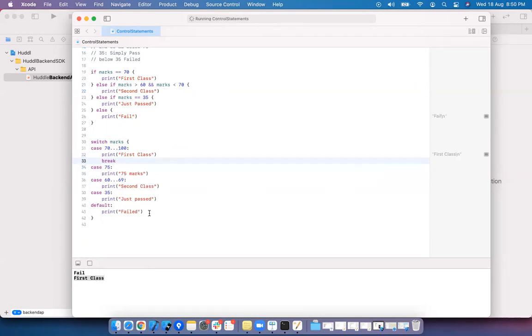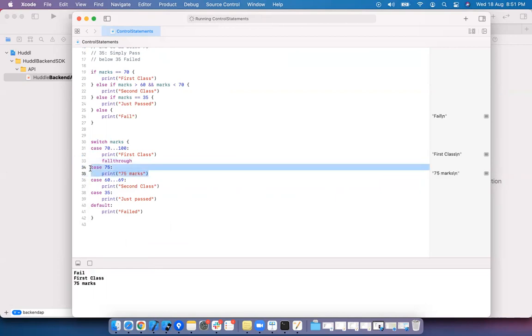There is one more thing called fall through. Okay, I'll use the fall through. See the difference. When you use fall through, irrespective of the next case, it executes that.